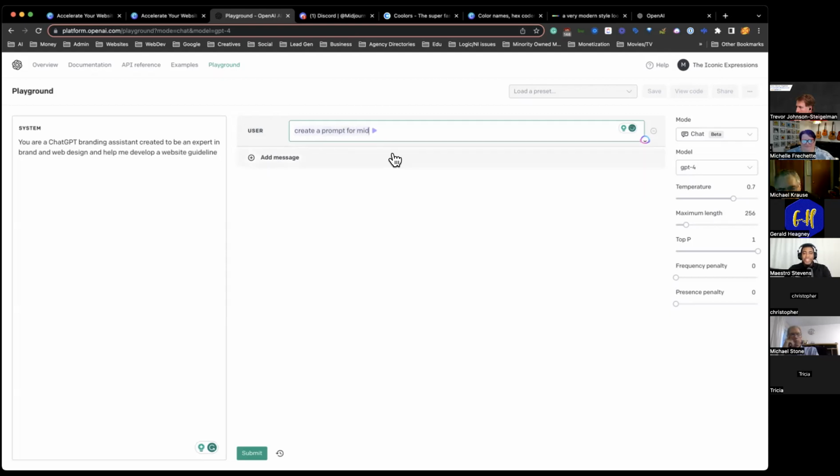And look, the crazy part is this is another AI tool trying to take over called Jasper, and I got to tell Jasper to stop it right now. Create a prompt for Midjourney on creating an icon for a, let's see, for a,